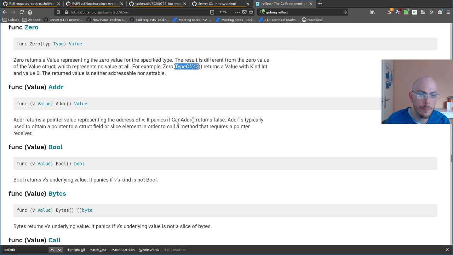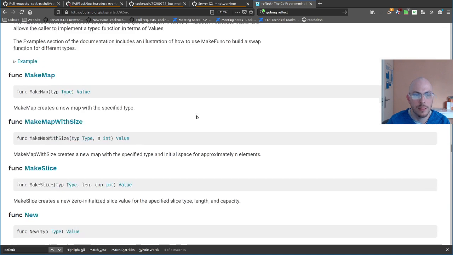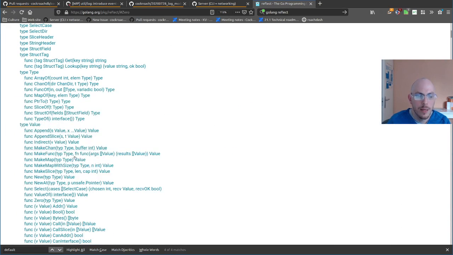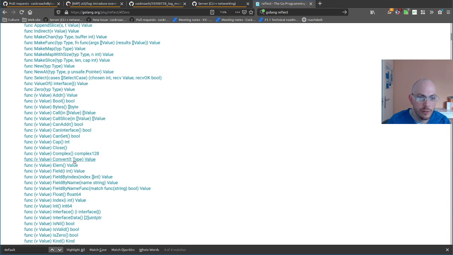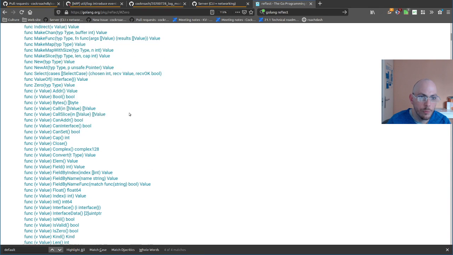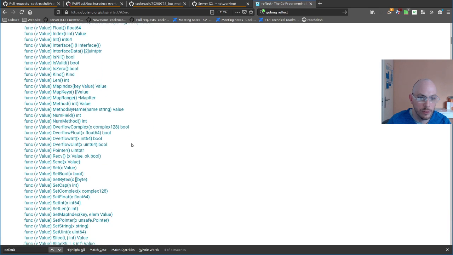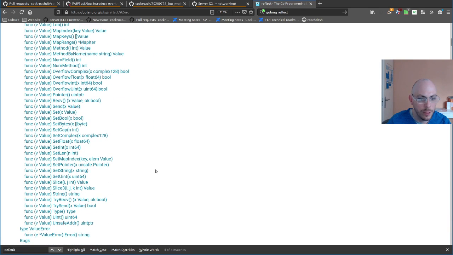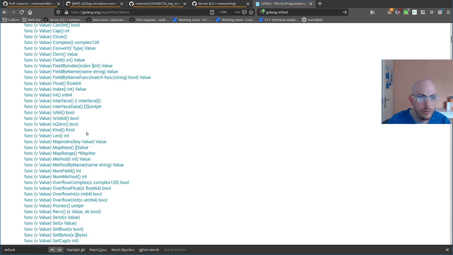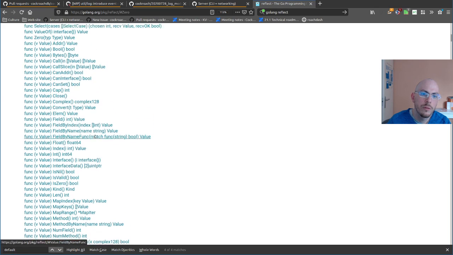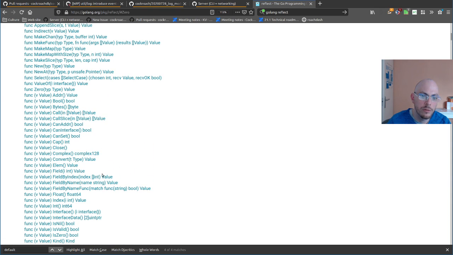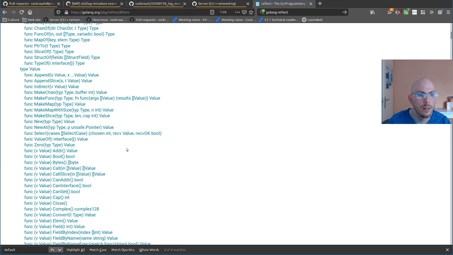So if the value happens to be the default value for that type, then we're going to omit the key value pair. And that we do because there is an equal comparison. Well, there is some comparison method. I don't remember how it's called. What's the word to compare values? I don't remember.